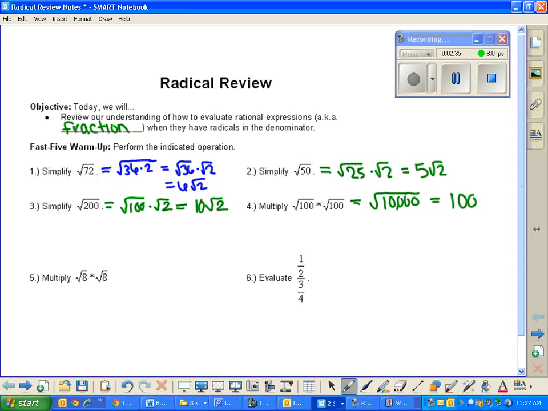Yeah, so the way that it's easy to see that is if you think about like 2 times 2, that's 2 squared. So it's no different here. The square root of 100 times the square root of 100 is the square root of 100 squared. The square root and squared, those are inverse operations. They do the opposite thing. So they cancel each other out, and you just get 100,